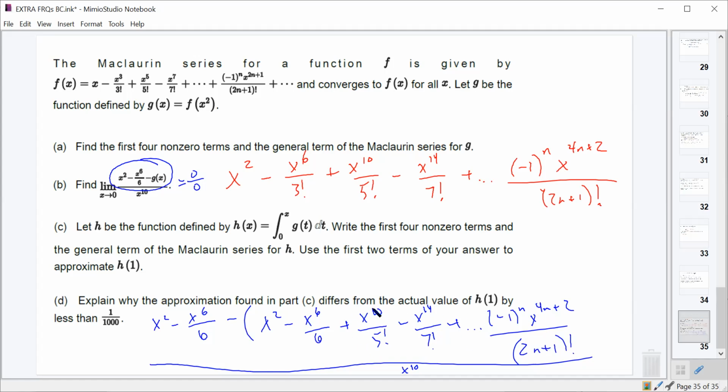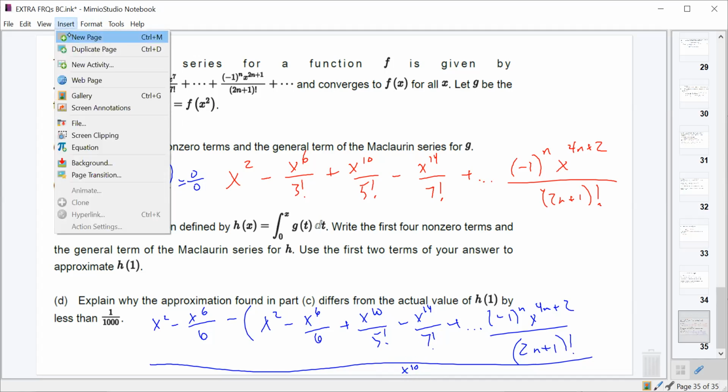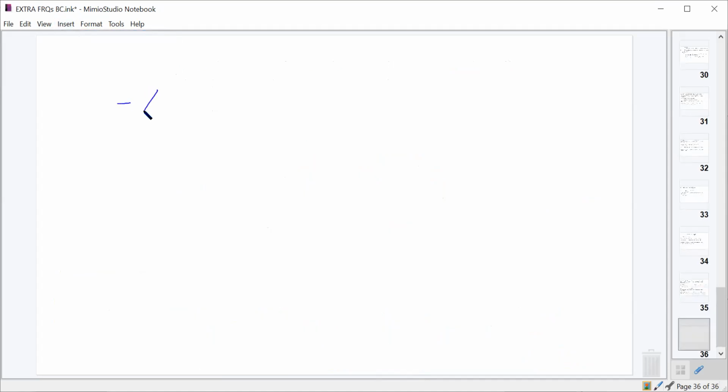The reason we're going to pull the x to the 10th over the 5 factorial out is because that can be divided by this x to the 10th. So I'm going to rewrite this as negative x to the 10th over 5 factorial. And then the rest of it is just that same series, except instead of starting at